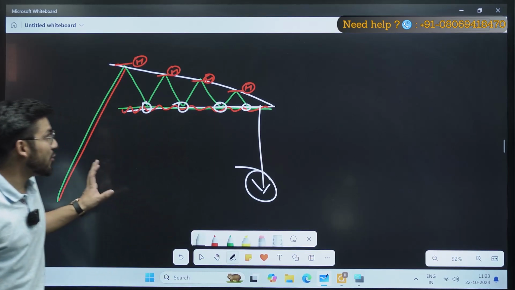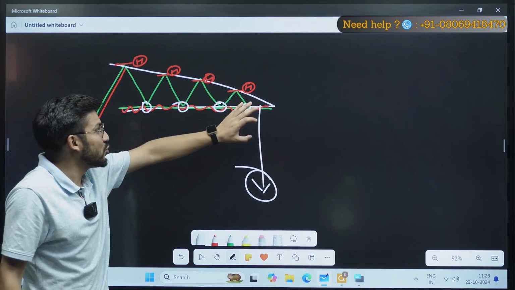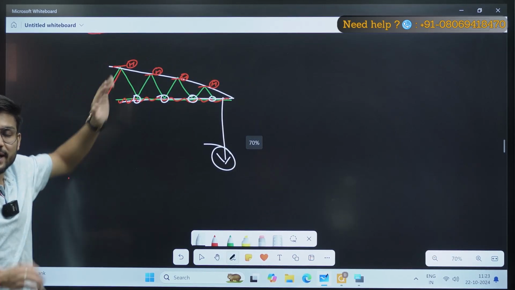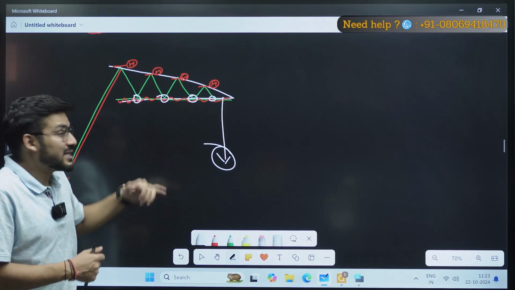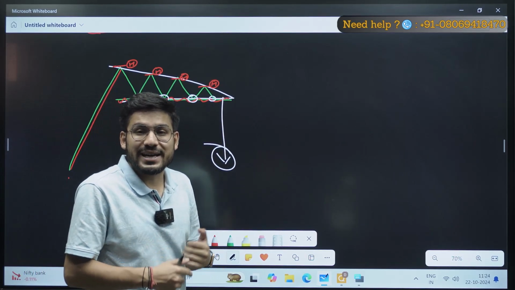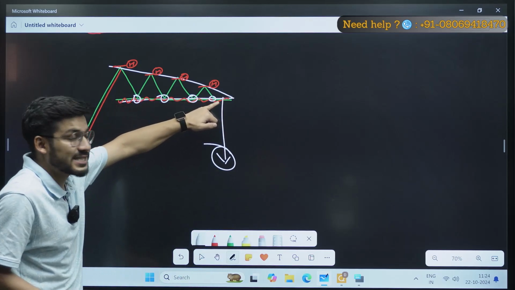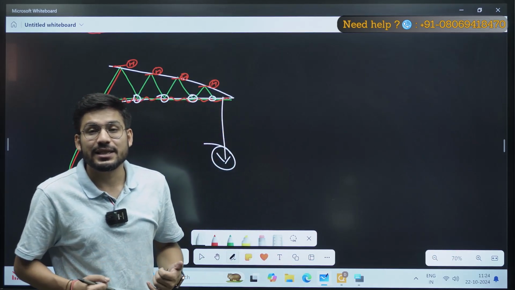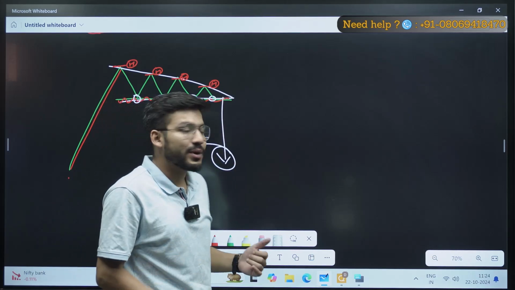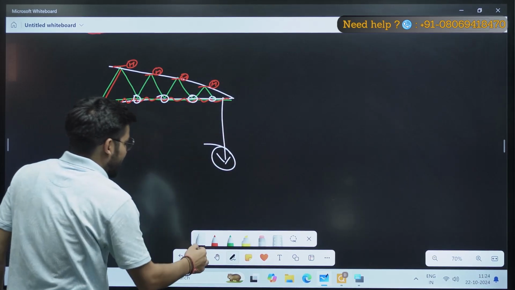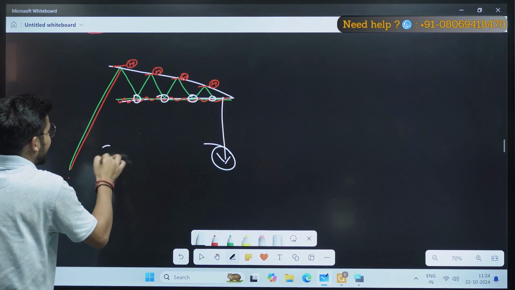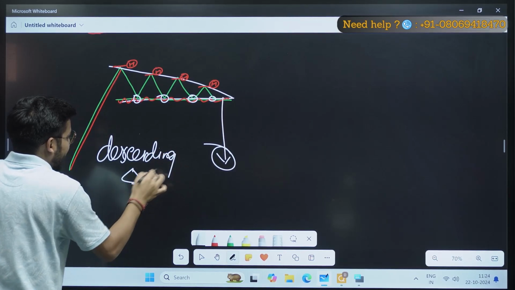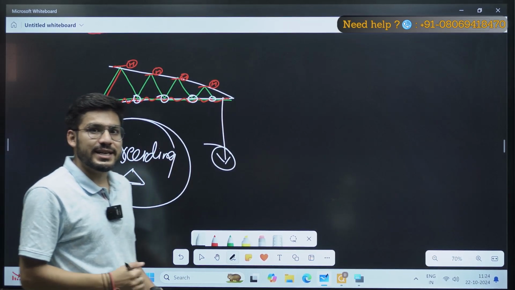So if you see this type of pattern in the market, you have to analyze: first condition, whether the highs are lower than the previous ones. Then, if there is a support that is getting tested many times, and there will be a breakout with good volume, I will make my entry in that particular stock, right? This pattern is called the descending triangle, okay? Then we have an ascending triangle as well.